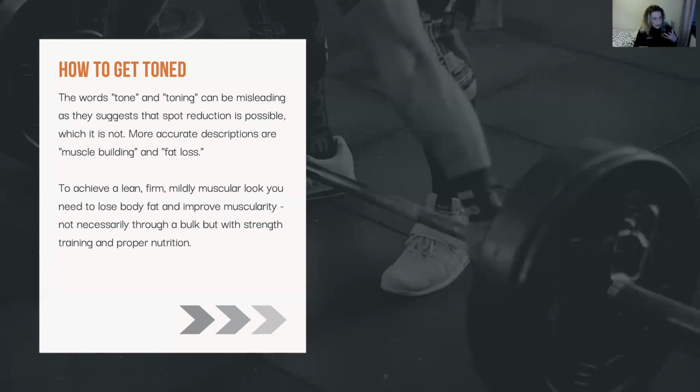To achieve a lean, toned look, you need to lose body fat and improve muscularity. If you just lose body fat, you will end up with what people call skinny fat, or just skinny with no tone, in inverted commas. If you say I want to get toned, and your coach says, all right, we'll do muscle building and fat loss, it doesn't necessarily mean they're going to put you through a bulk